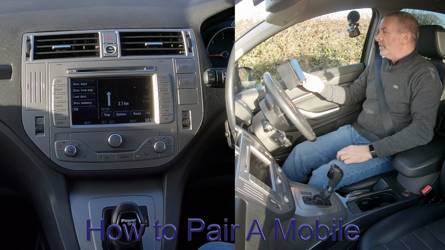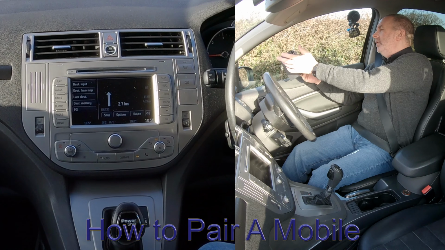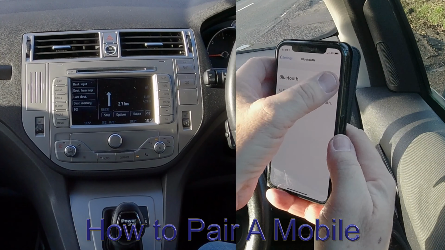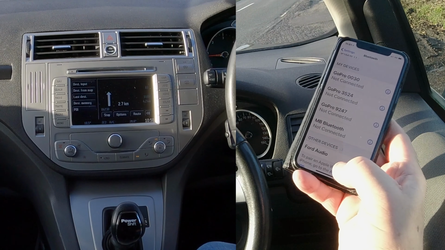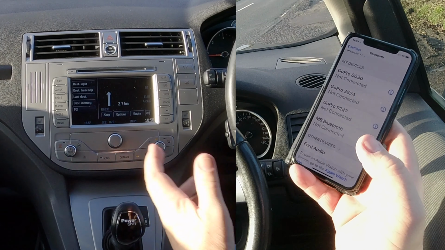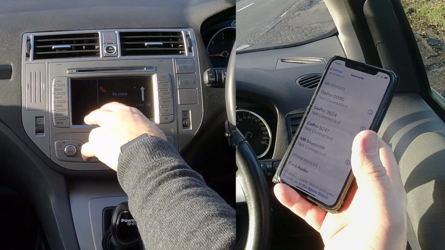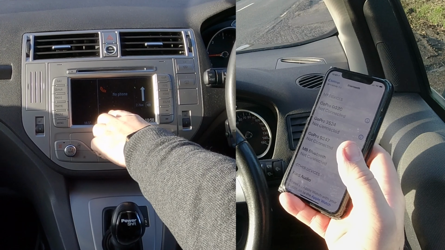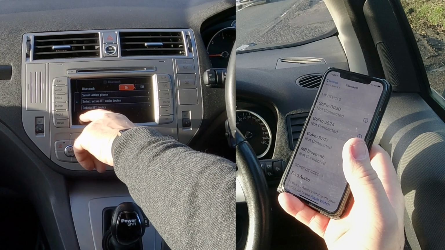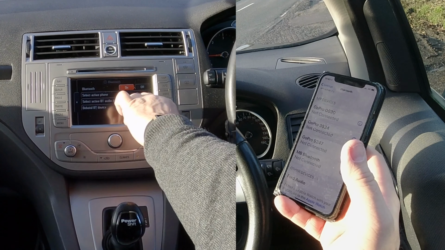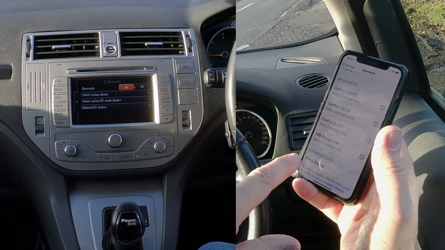Okay, I'll just show you how to pair a mobile to the Bluetooth audio system in this Ford Kuga. So first of all, we make sure Bluetooth is on. Now I think this will come up on its own. Yes, it's come up straight away, Ford audio. But just to show you kind of what's going on, if we click on phone there, no phone, click on Bluetooth, select active phone, select active Bluetooth audio device, debond device. So Bluetooth is on. If it doesn't come up straight away there, then